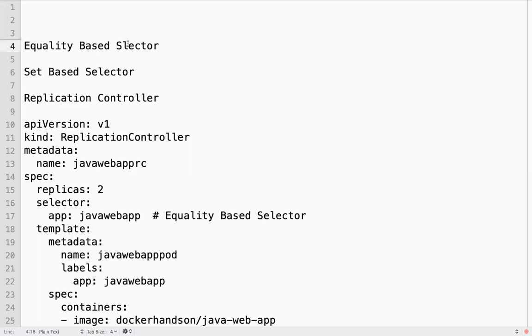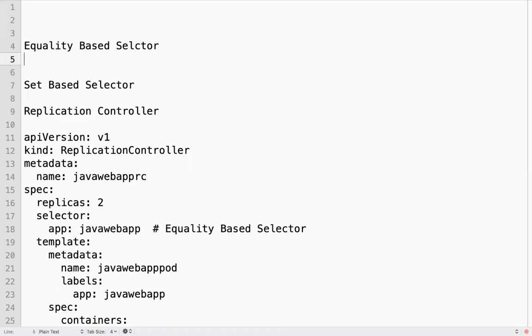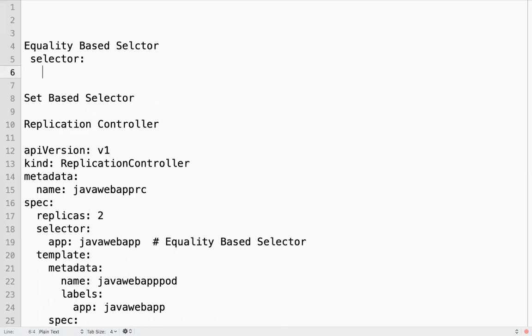In equality based, basically it's an equals condition, like key equals to value, something like app: Java web app.